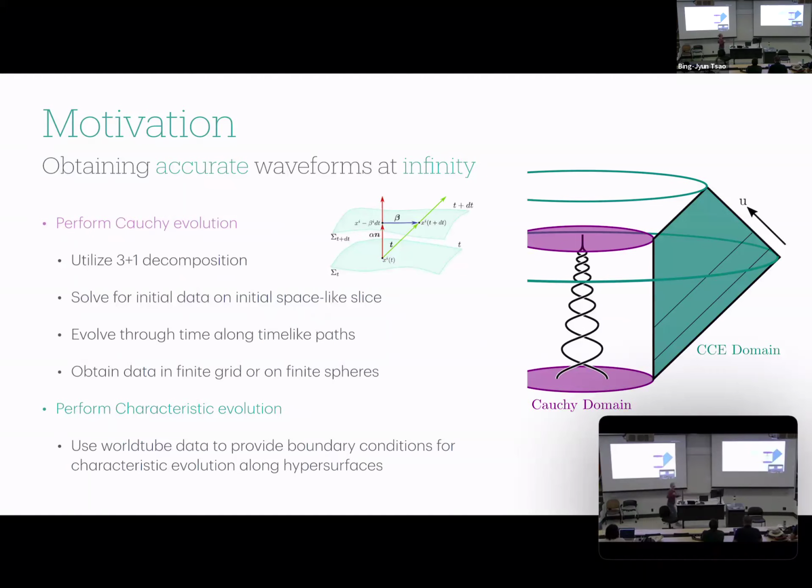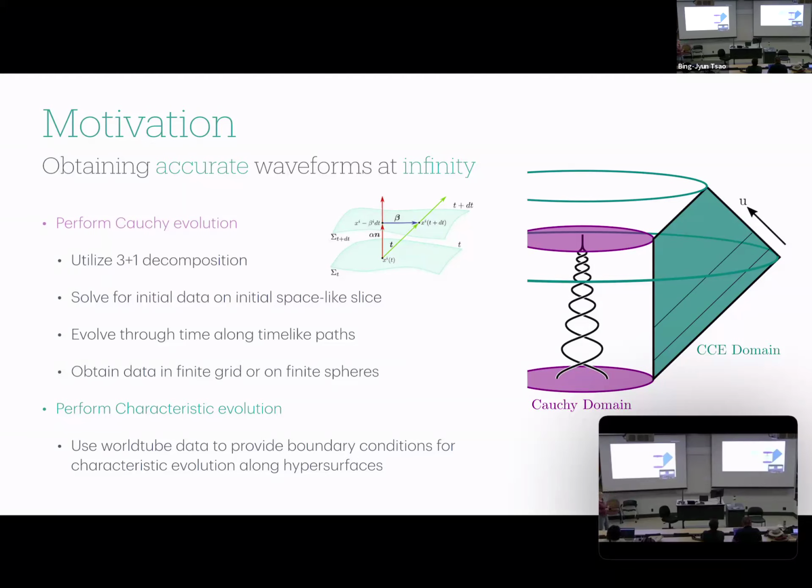All right, so quick introduction into what we mean when we talk about Cauchy characteristic evolution. I'm not going to go into detail on this, mostly because I'm not actually doing the CCE. I'm really just writing an interface. And so go read the paper to really understand how this is done mathematically and computationally. But essentially, we're going to first perform our Cauchy evolution in our Einstein Toolkit simulation using 3+1 decomposition that you guys, I'm sure, are familiar with or can listen to other talks to learn more about.